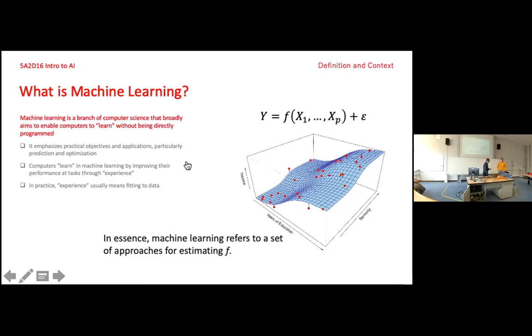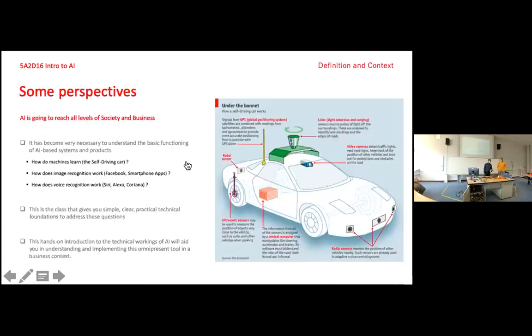Example, the self-driving car. Self-driving car is something very current. The principle is very simple, although the machine learning is a bit advanced. So one of the things we do here is we learn how machine learning actually helps the car drive.